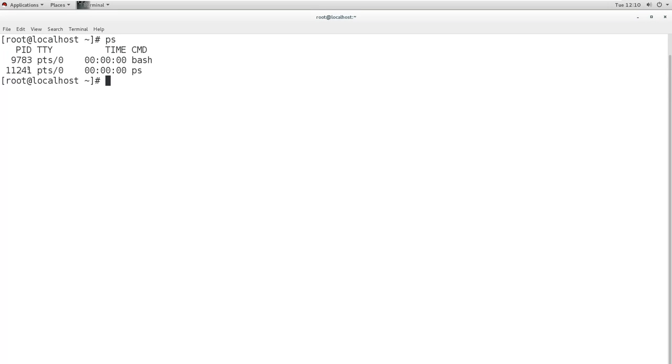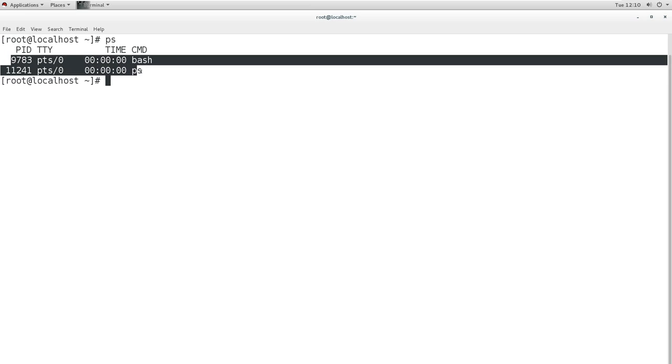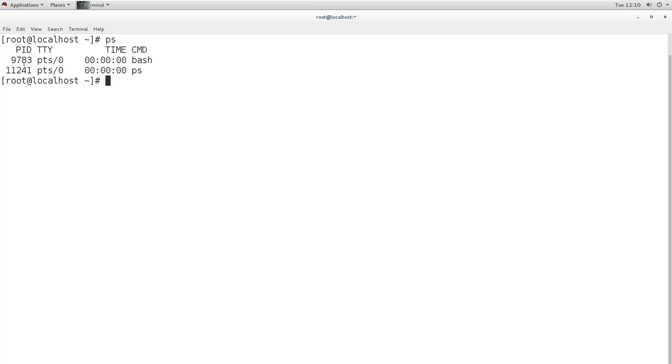That is, I've logged into this terminal, sudo terminal 0. So only from the terminal I'm logged in with this user, root, it is showing only the root user's process. It shows the process of the root user, and this is the PID, the process ID for the process. This is the terminal where it is running, and this is showing the time it takes to run, and this is the process actually.